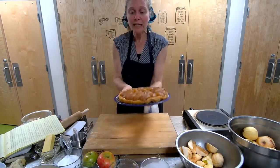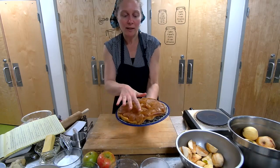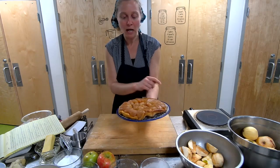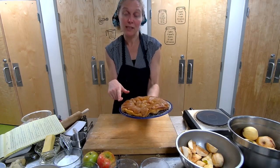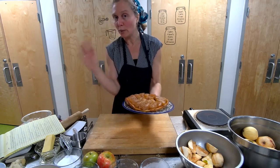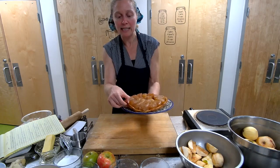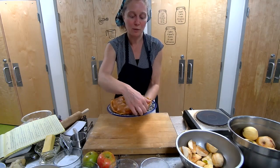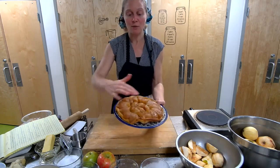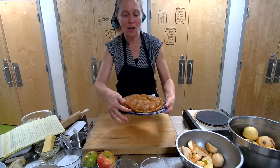So here's the tart. This was about 45 minutes, and you can see how the caramel and the apples have gotten a little bit browner than when we put it in. I think I might have even left this a little bit longer to get that darker caramel, but it's hard to tell. You don't really know when it's in the oven what the caramel is doing. You can monitor the crust, and you can see my crust here is nice and firm. It's probably not going to be too doughy underneath, but that's how the rounded shape of the apple looks when you've inverted it. As you can see, the skillet also gives you a little bit more of that lip,